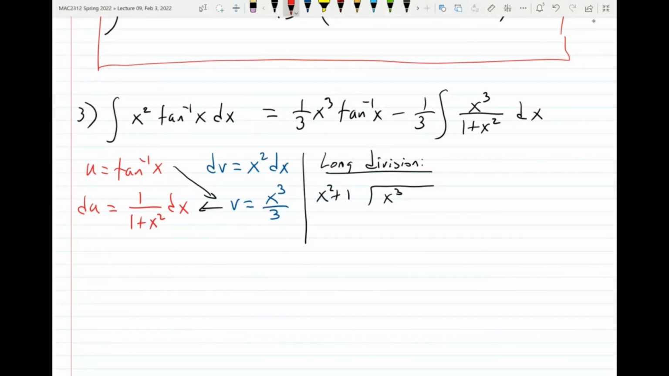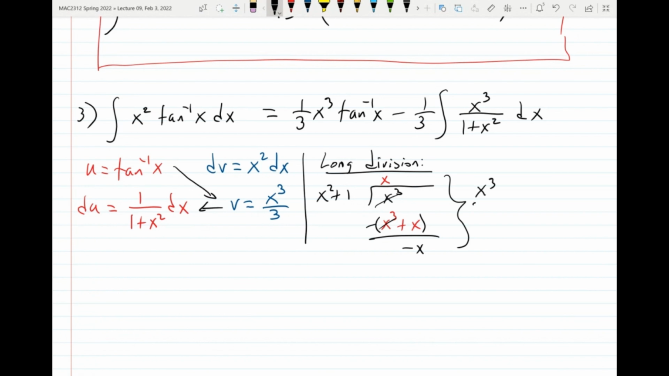Then we put an x in here, and this is going to be x cubed plus x. Then we subtract. These cancel, and then we get negative x. We stop because the degree here is less than x squared. The degree is 1 and our divisor has degree 2. So we stop. What you get from here is that x cubed over 1 plus